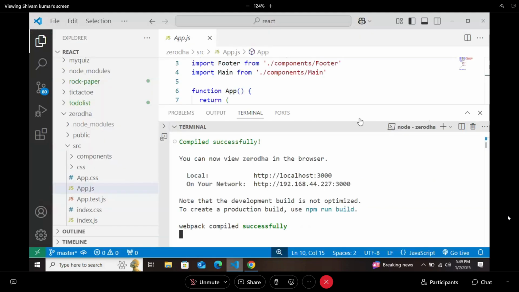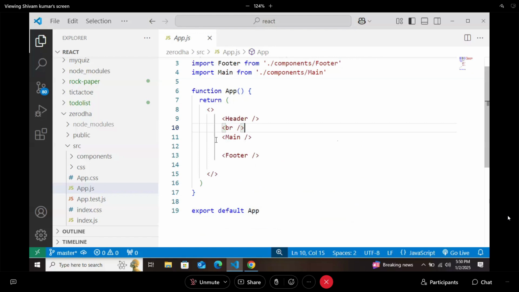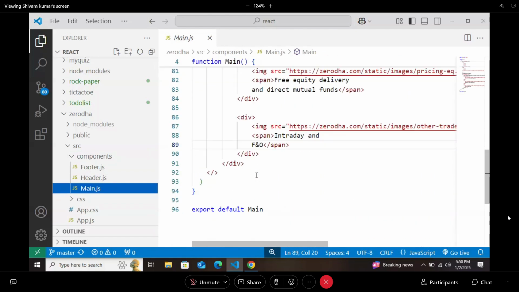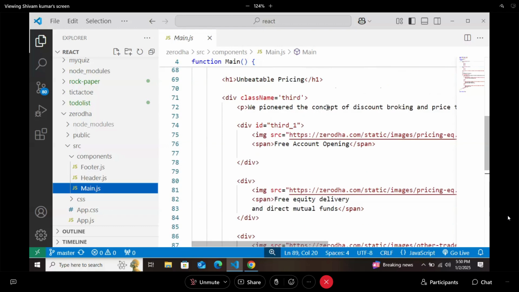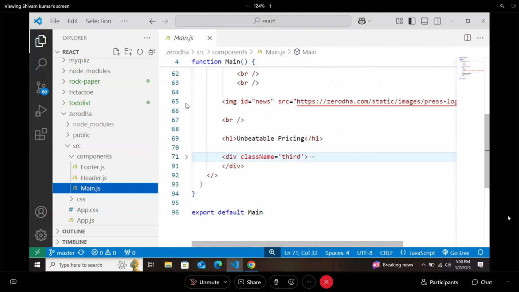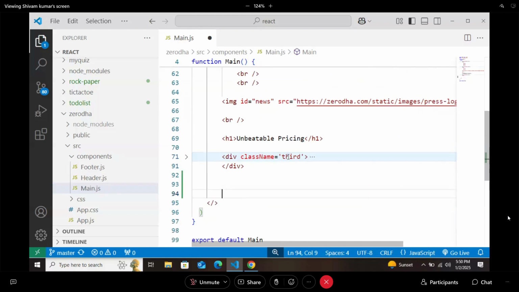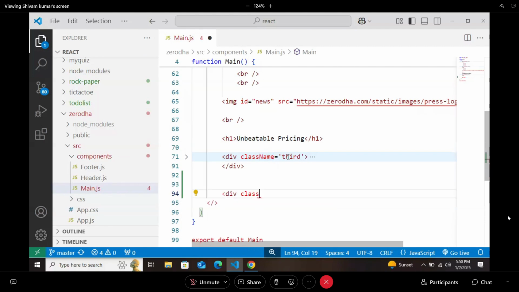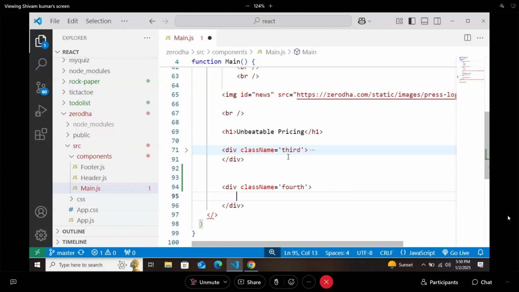So let's design it, and we are working in the main component. Third part we have completed, so we can close it. And it is going to be our fourth part. Now understand it.